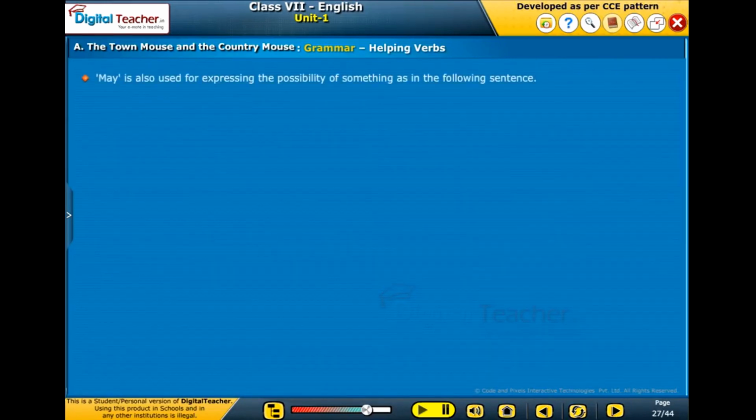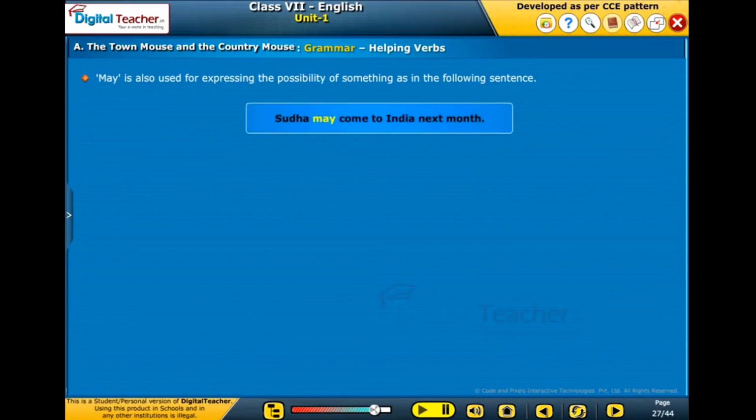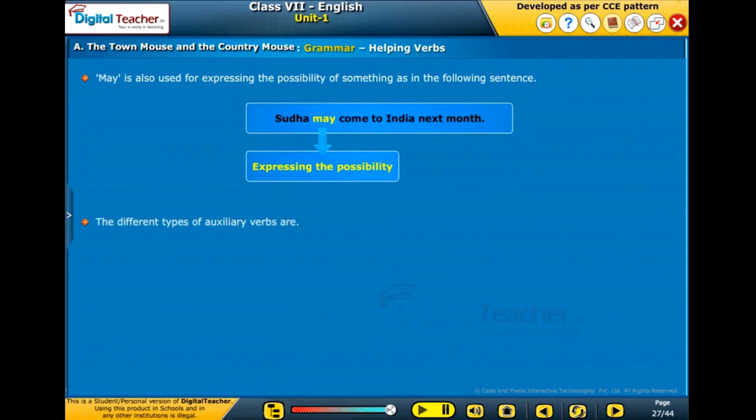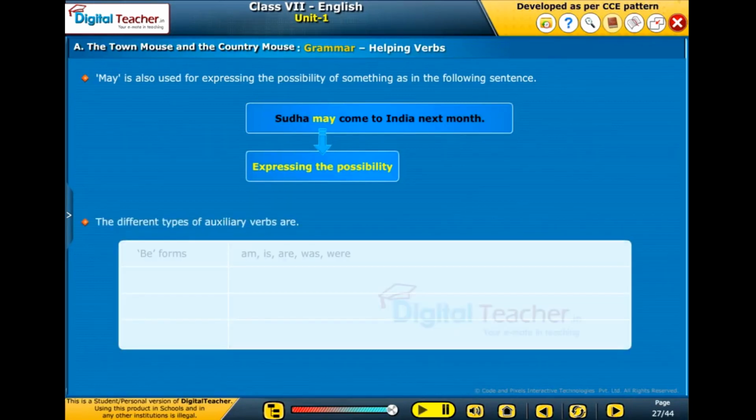May is also used for expressing the possibility of something, as in the following sentence. Sudha may come to India next month. In this sentence, the word may is used neither for seeking nor for granting permission, but for expressing the possibility of Sudha's visit to India. The different types of auxiliary verbs are: